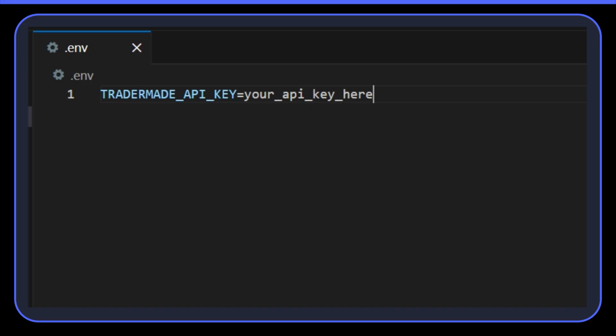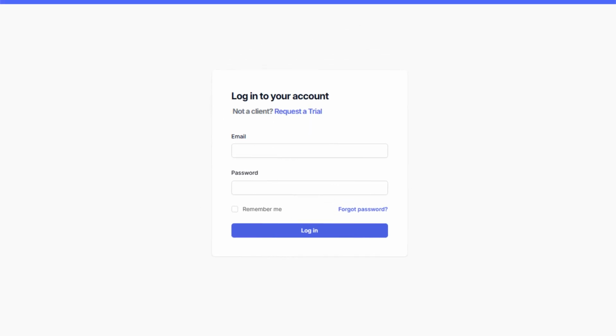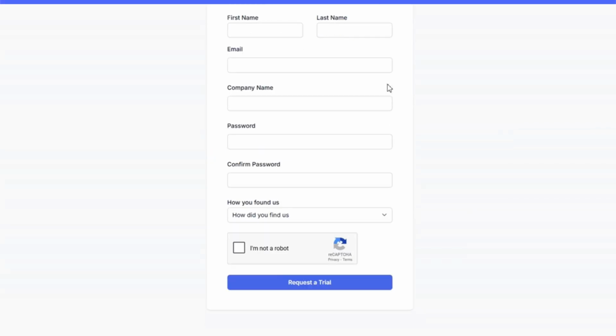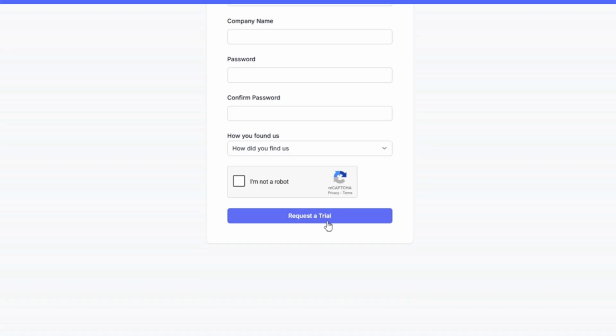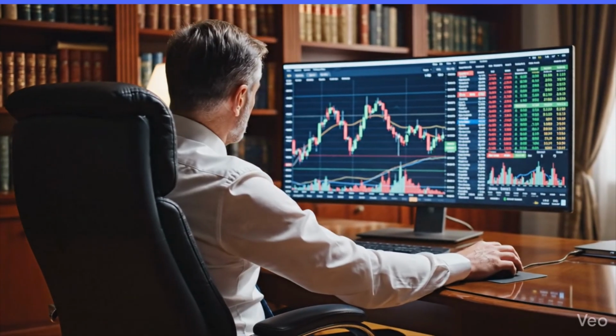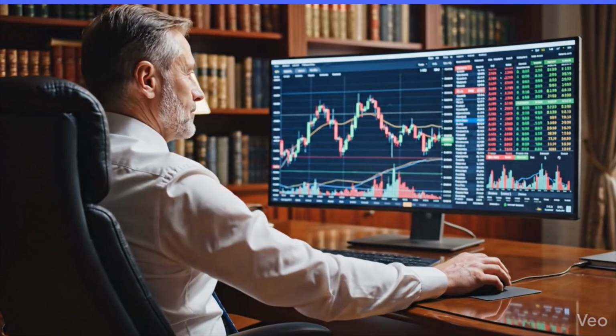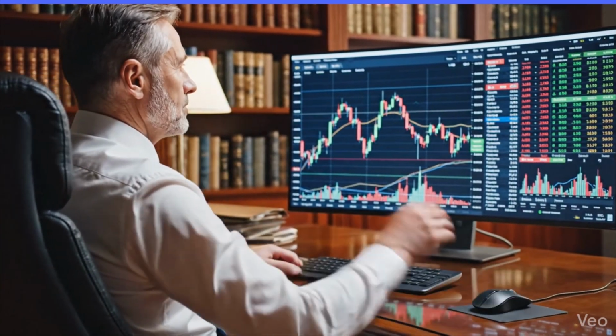You can grab one for free right now by heading to tradermade.com and requesting a trial. This gives you full access to real time data so you can integrate under real market conditions. Grab your key, drop it into the script, and start monitoring the